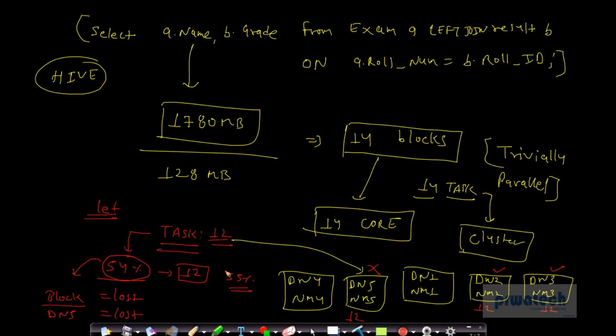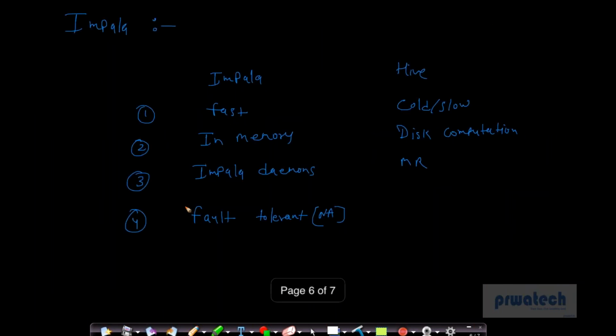Let's continue from 55%. So maybe it can pick DN2 to submit the 12th block, which is the 12th task, and it will start from 55%. This complete flow is known as your fault tolerant model, which Impala is not doing, because Impala